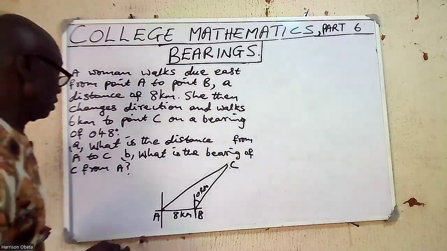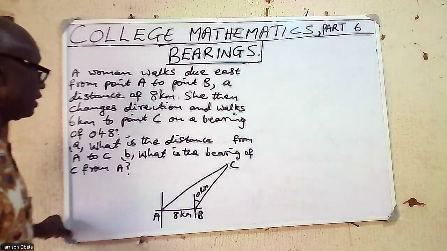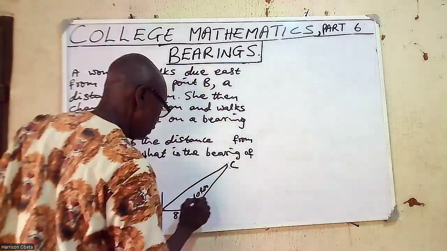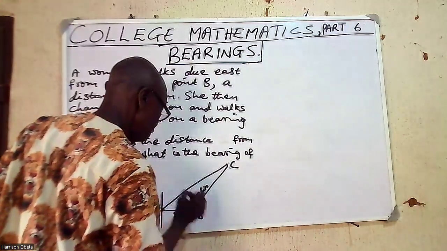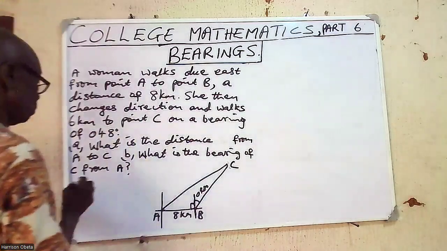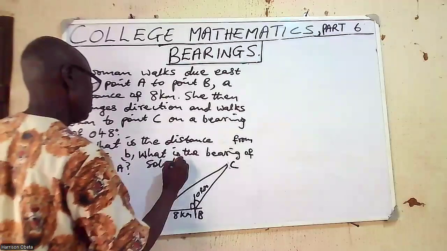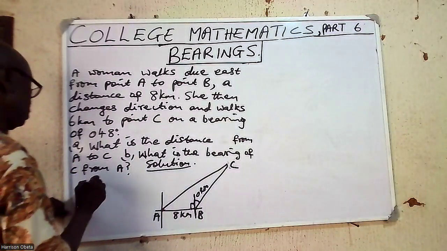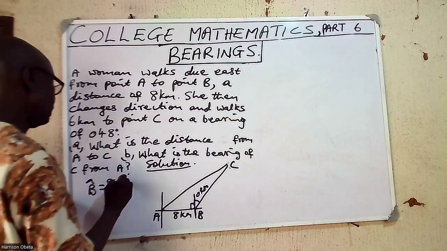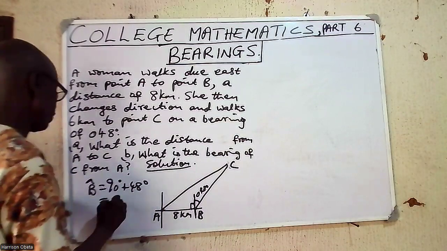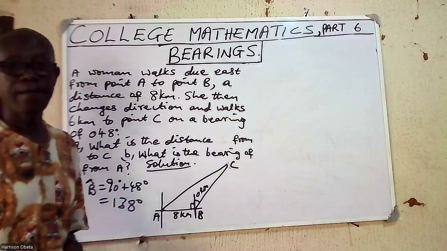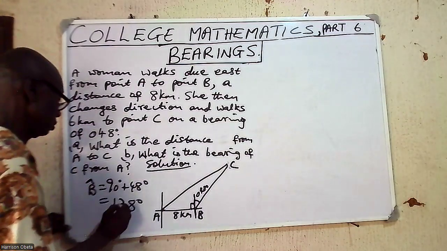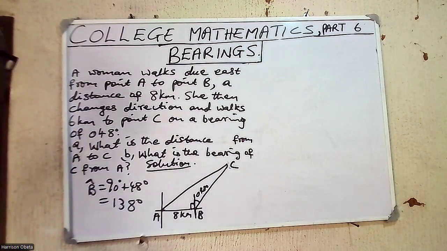Okay, first of all, let us move on. Again, here you can see that the triangle is not a right angle. This is 48 and this is 90. For us to find the whole of angle B, we say that angle B should be equal to 90 plus 48, and that will give us 138 degrees. Then we have to find